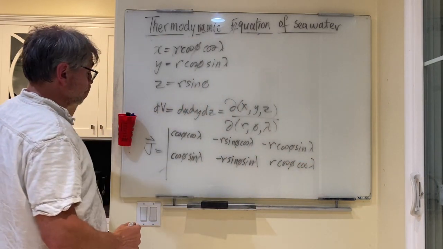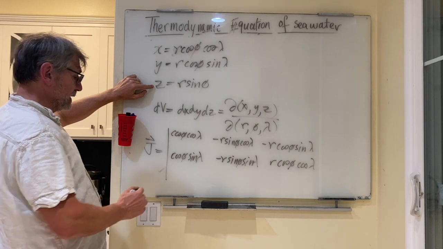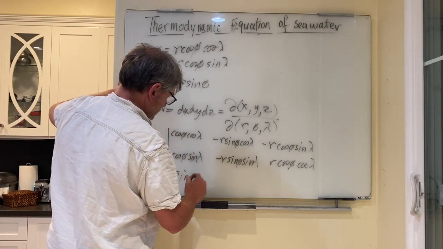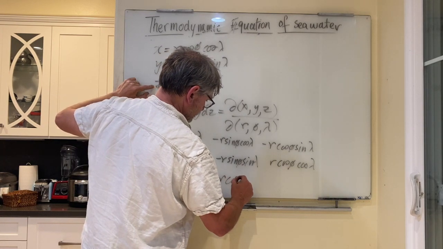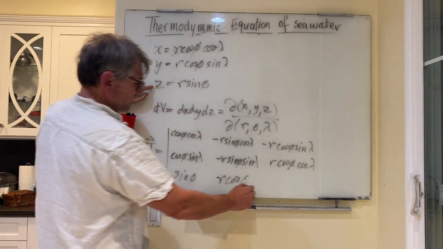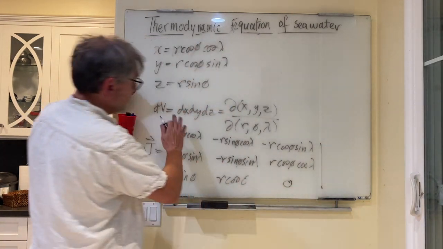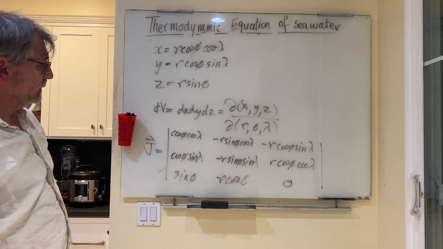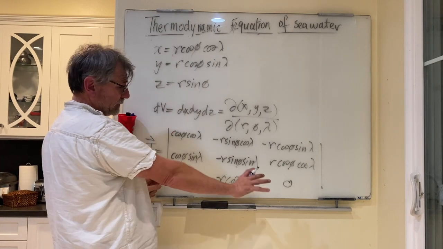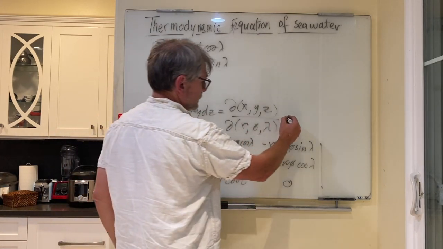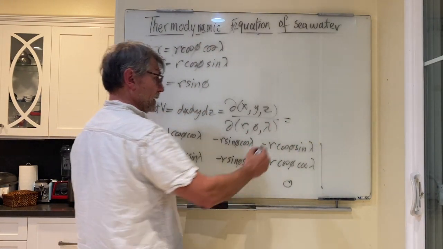And finally, the derivatives for z. dz/dr is sine phi. dz/d phi is r cos phi. And dz/d lambda is just 0. And now if you evaluate that determinant, you can find out what this quantity is. I'm not going to reevaluate the determinant. We've done it before. The determinant turns out to be, I think,